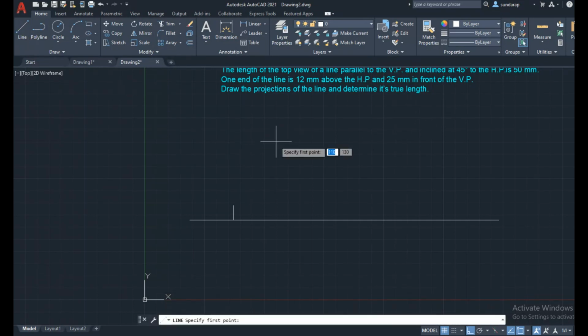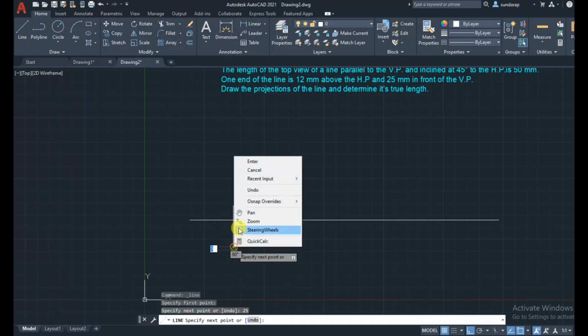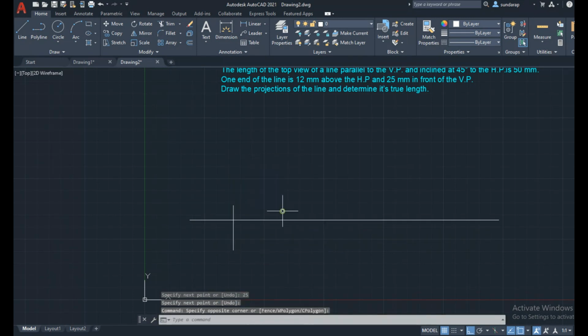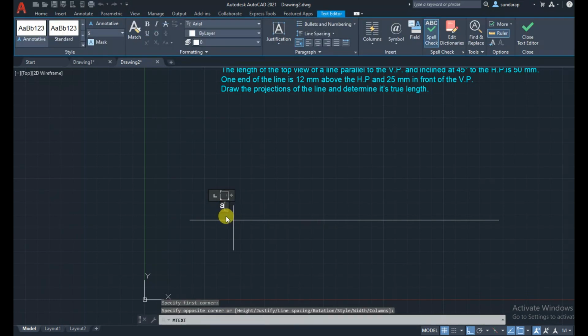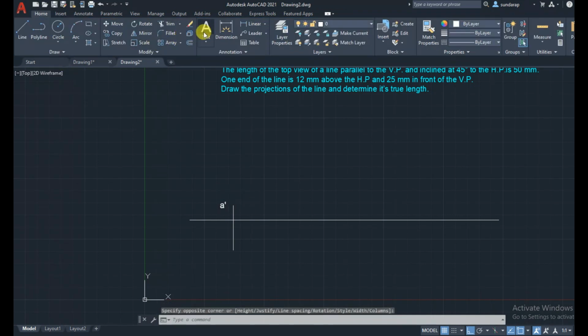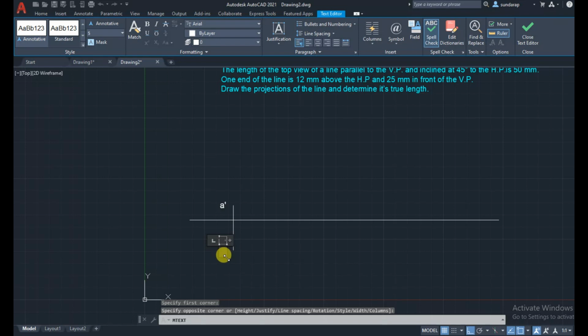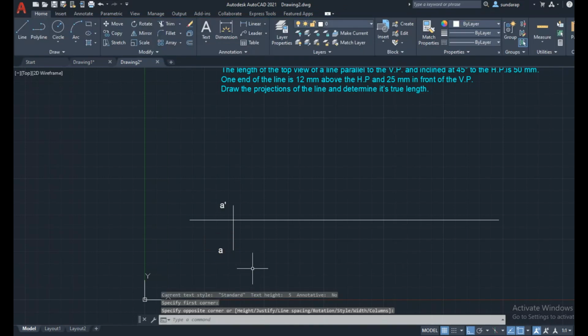When we look at the top view, the 25 mm distance will be below the XY line. In the front view, we get that end above XY with a dash. The same end in the top view is 25 mm in front. We can use the notation.